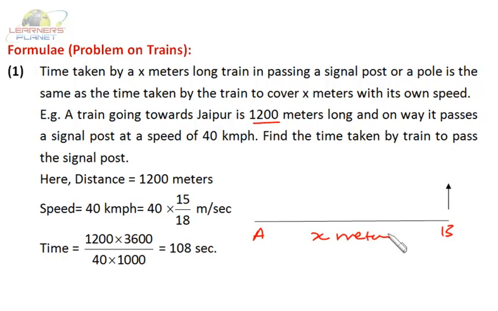Now suppose this is the train, and the length of this particular train is 1200 meters. To pass this particular pole, the entire train has to cross. So at the speed of 40 km per hour, how much time will it take to cover 1200 meters? First of all, the units of both quantities must be the same. So let's convert the speed in kilometer per hour to meter per second. If we wish to convert kilometer per hour to meter per second, we multiply it by 5 by 18. The length of the train is the distance to be crossed. So time will be